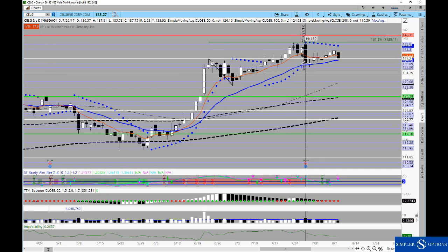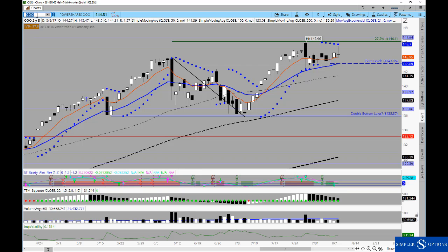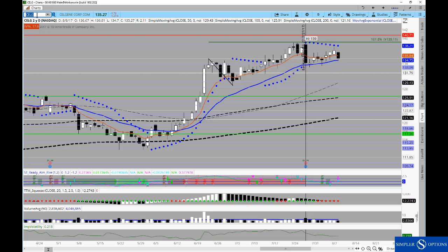Now, of course, the market kind of sold off into the end of the day today, but as I'm looking at this and considering the overall trend, I consider the bull market to still be well intact, especially as long as the Qs are still holding the 8-day exponential. Granted, we have made some extensions, but at the moment the trend is still intact, and I'm trying to find the best in breed to buy, and a couple of places where I'm going to be trying to do that,